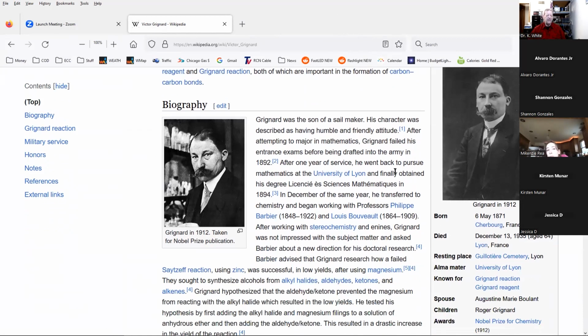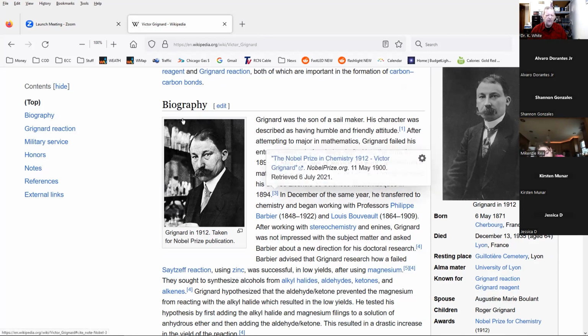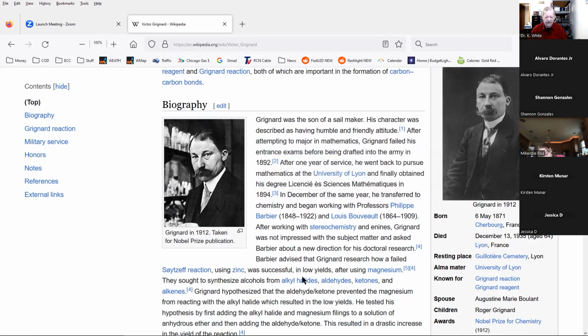Is that awesome? Because sometimes I have to go into a chemical plant for an emergency. I have to put on a gas mask. I can have a mustache like that or a beard. When I was in college, my beard was out to this. Once I started in the chemical industry, because of safety and the gas mask, I keep it real short. But Victor Grignard, what a great, great organic chemist. One of my heroes in organic chemistry.